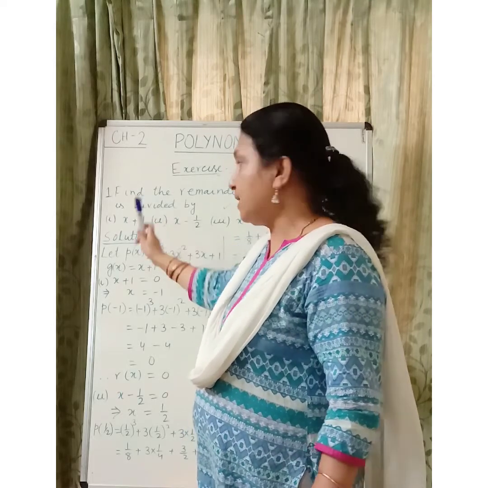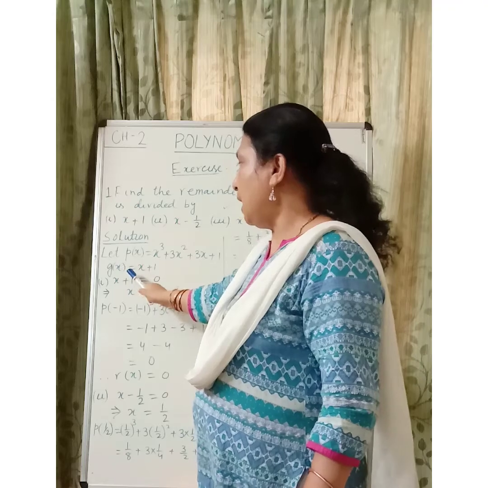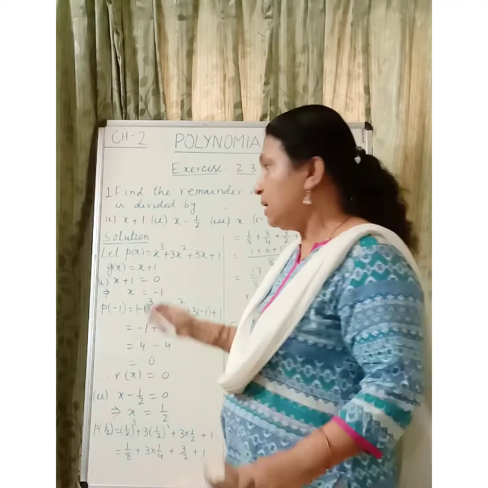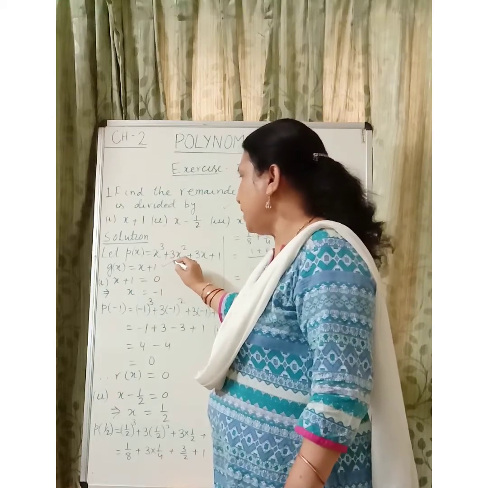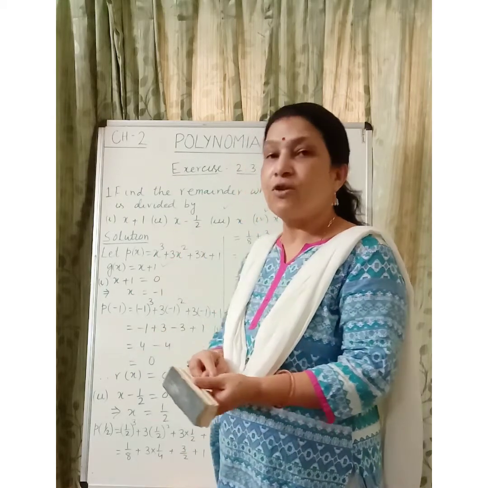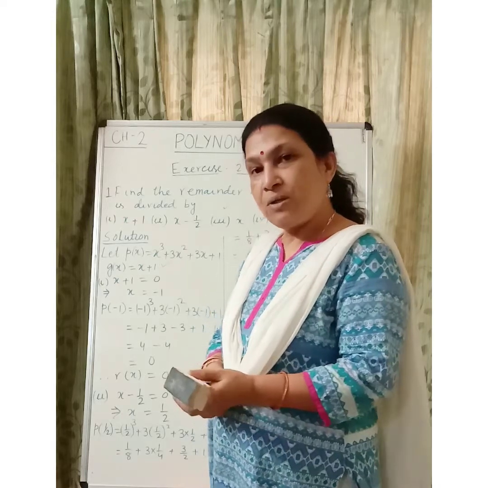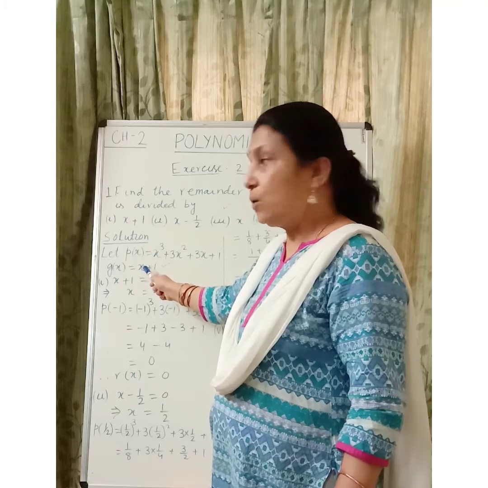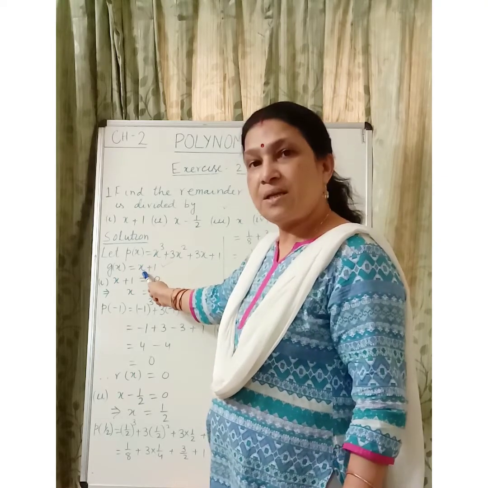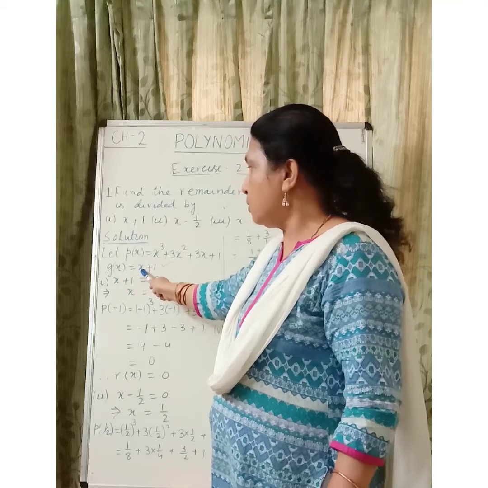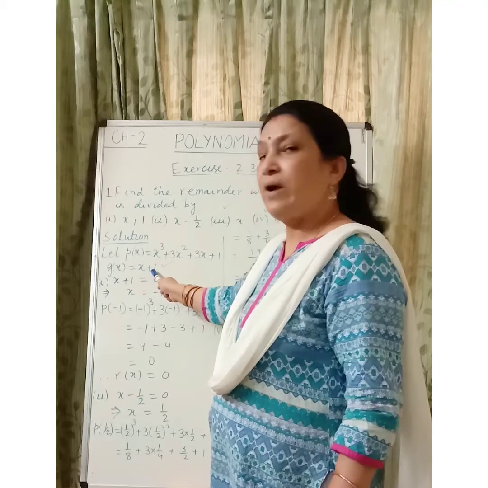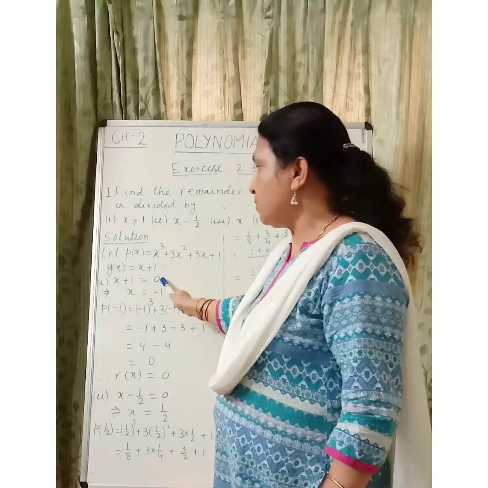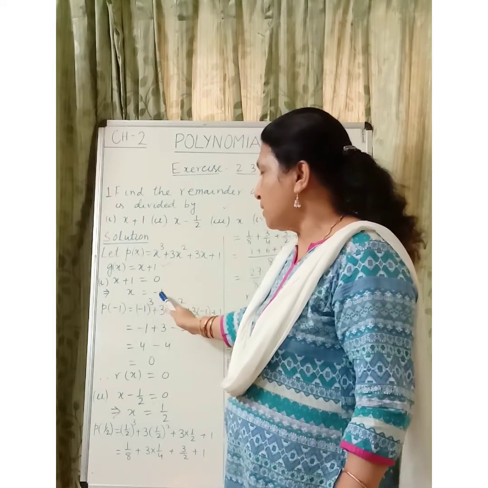Divisor polynomial we can write as g(x), and from the divisor polynomial, we will be finding out the value of x. That is called the zero of the polynomial. How do we find out? The previous exercise, do you remember? We had just solved this equation to find the value of x. So, your x plus 1 will be 0. So, x value is minus 1.